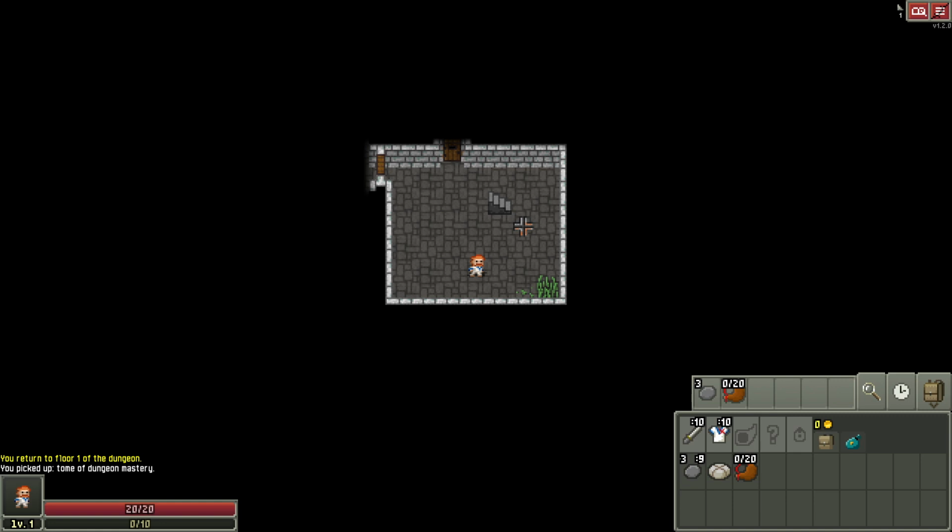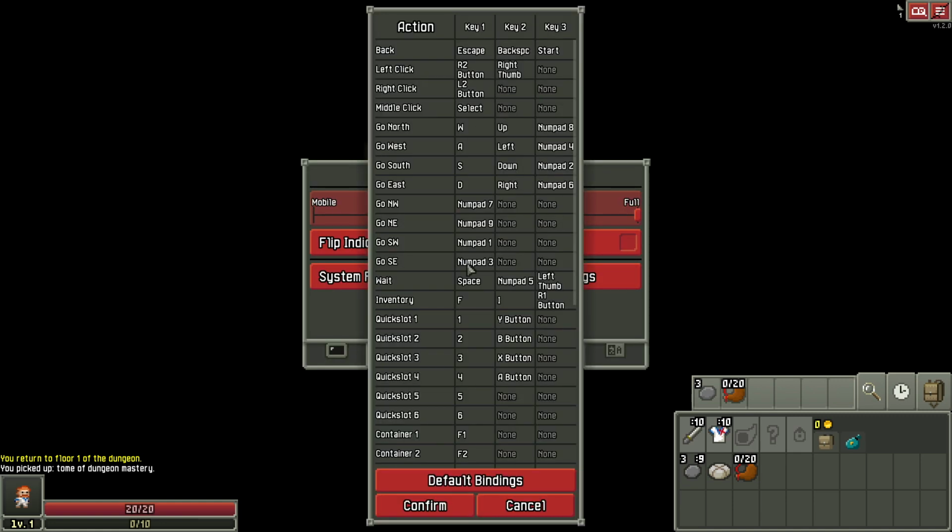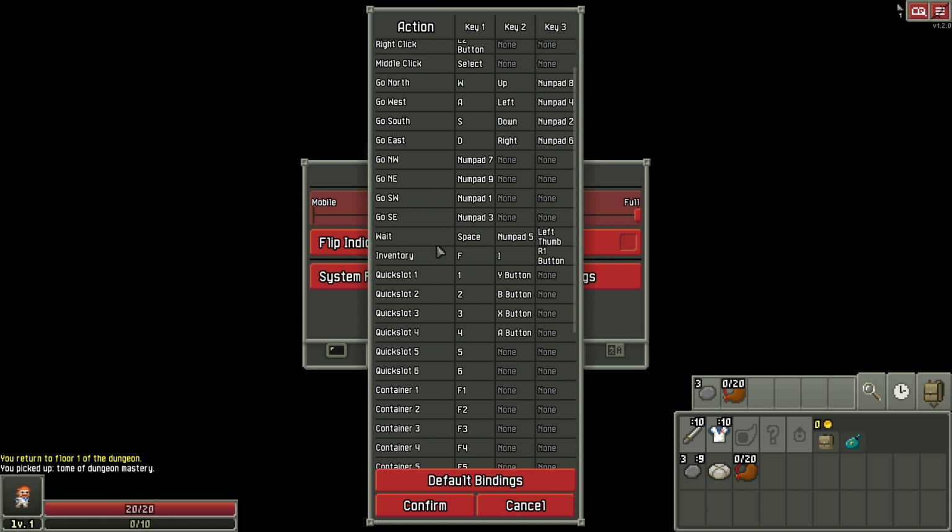Alright, so what else do we have here? Let's look through all these keyboard controls. We know how to examine, we know how to rest and wait. F is inventory as well as I. Okay. So that's left hand versus right hand on your keyboard basically. So it's allowing you the option to probably do everything with your left hand, so you can move things around